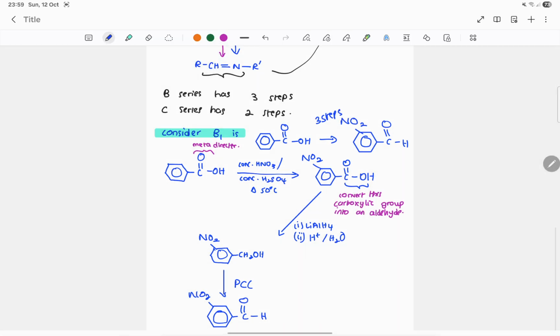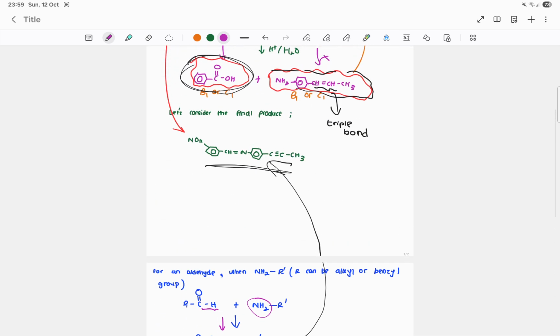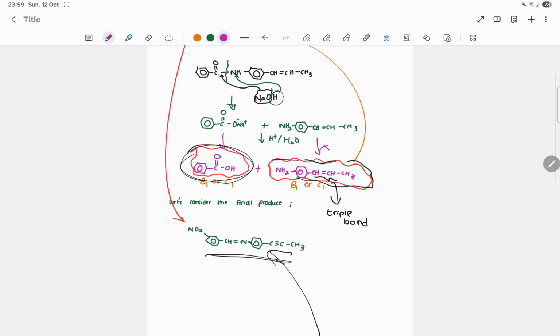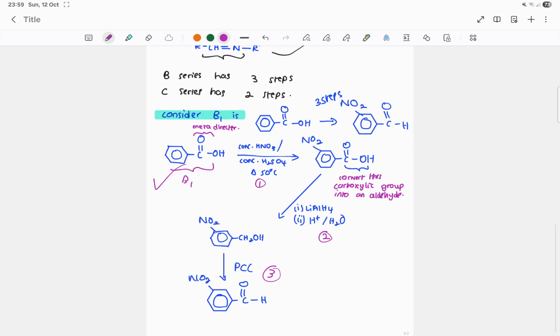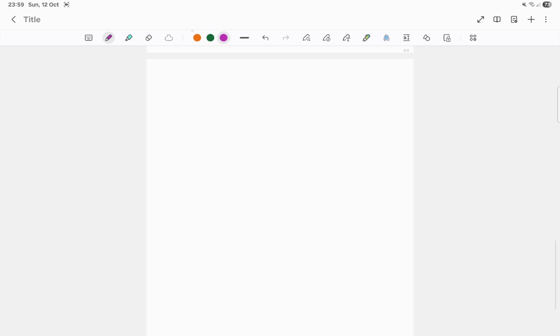In how many steps? 3 steps. 1, 2, 3. So according to my consideration, can B1 become this group? Can this be B1? Yes, this is B1. Then who will be C1? Now that's my consideration. If I consider this one as B1, then the results will be different. You will get it in 2 steps, as we will see in the next C part of the C series. Then